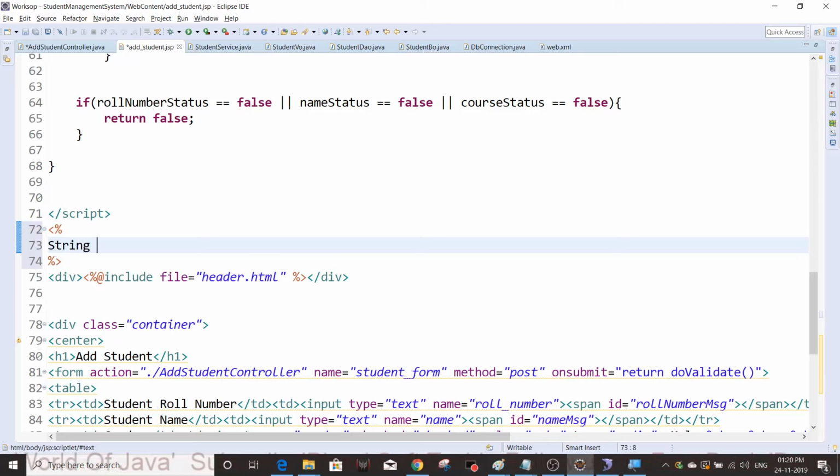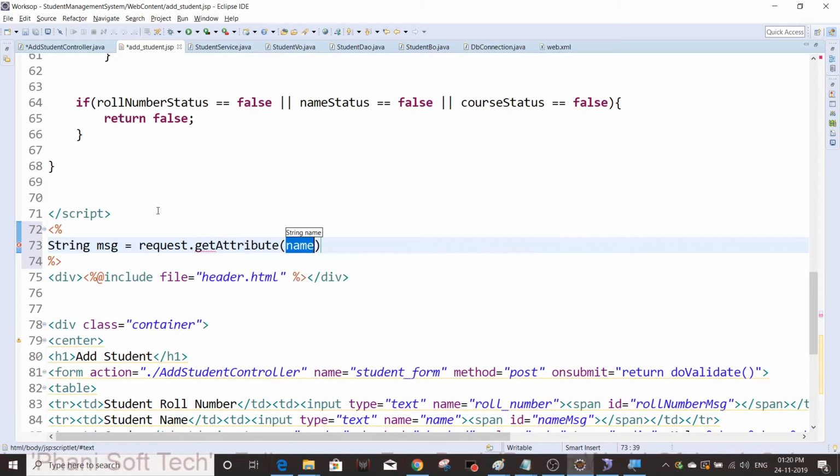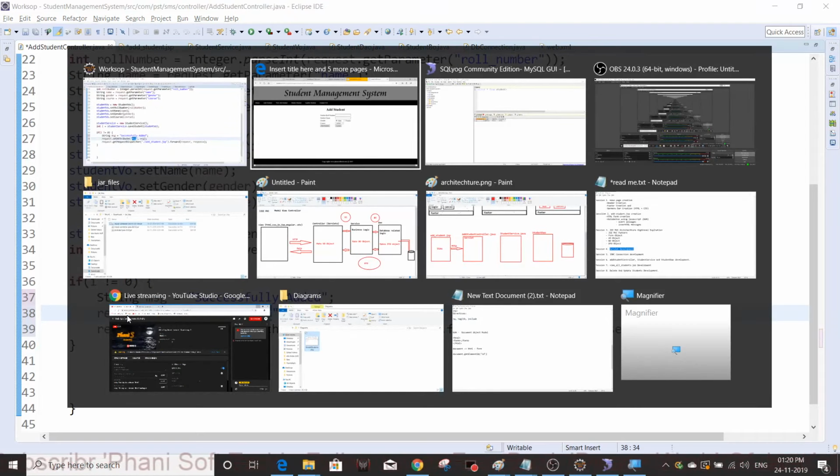String message equals request.getAttribute. What is the name? msg only, right? See here, msg only, this is the name. I just set this message into request scope, put it in the request object. I'm going to get